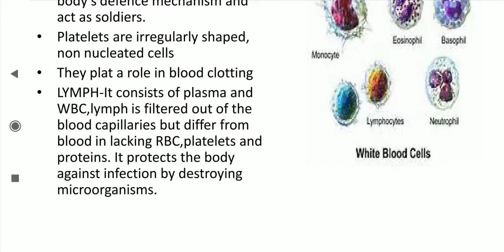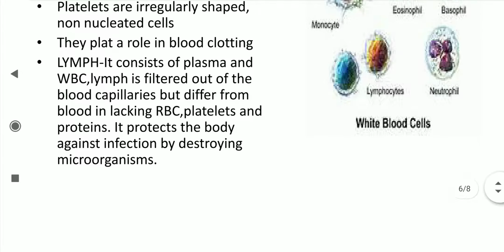Sometimes you have seen that a small cut is there, the blood comes out, and after a few minutes the blood stops coming. Why? Because fibers are present in the blood. They make the mesh, means jelly, and these platelets are entangled in that mesh, and what happens? These platelets dry up and they make a wall, and after that the blood stops coming.